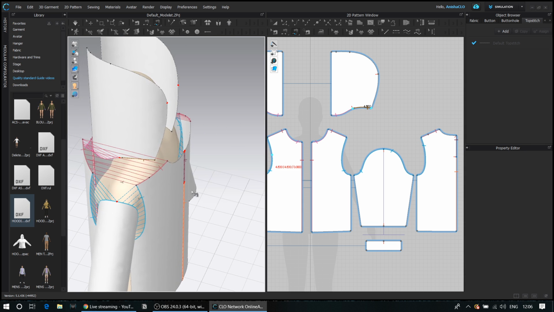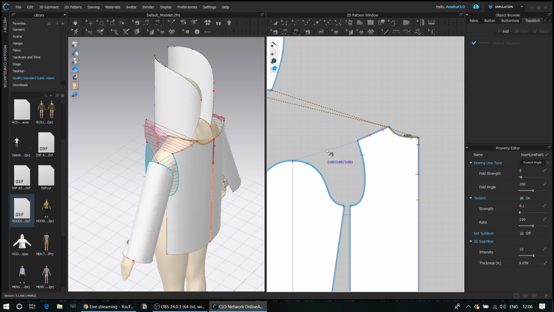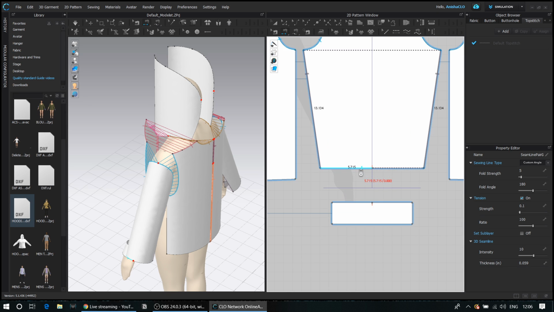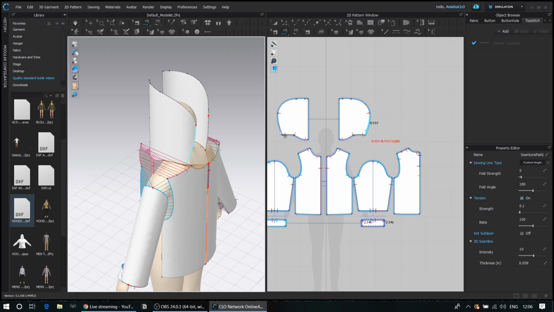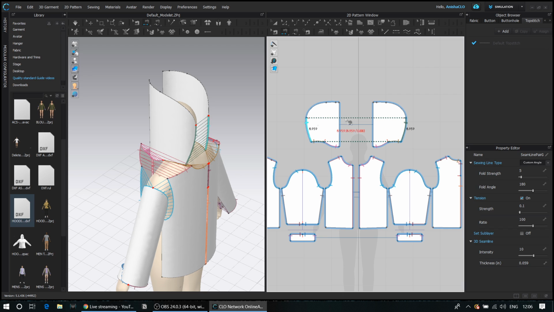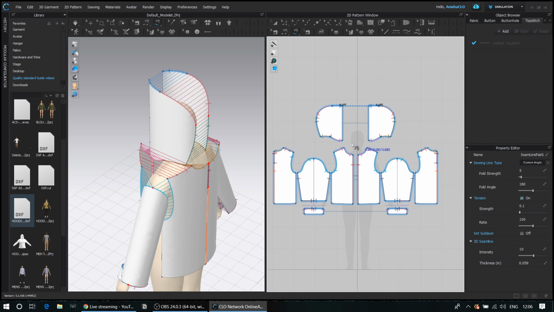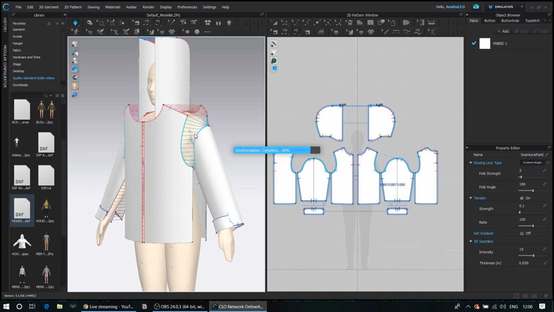and simultaneously I can visualize whatever I am sewing together. And I will always ensure that I'm matching my notches, which is very important in CLO to give you the accurate fit of your garment. So you can see there are notches here as well. So I'm making sure I am clicking on all of these like this,